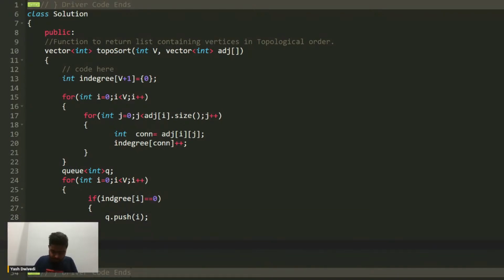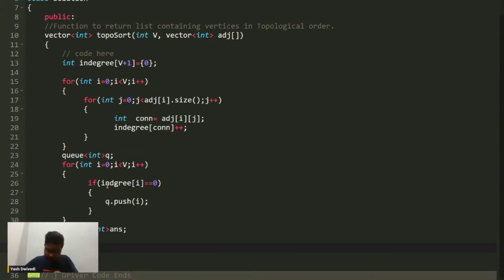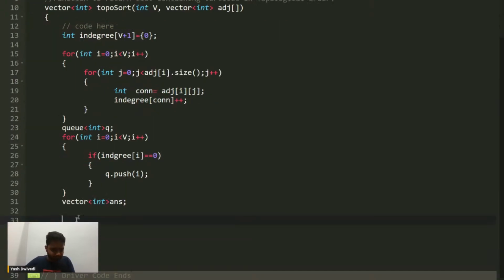And we also need a list that can return the final answer. So we can say that vector int answer, this will be the list that we will finally be returning, okay, using the Kahn's algorithm. So now we will start with the BFS. While it happens that the queue size is greater than 0,